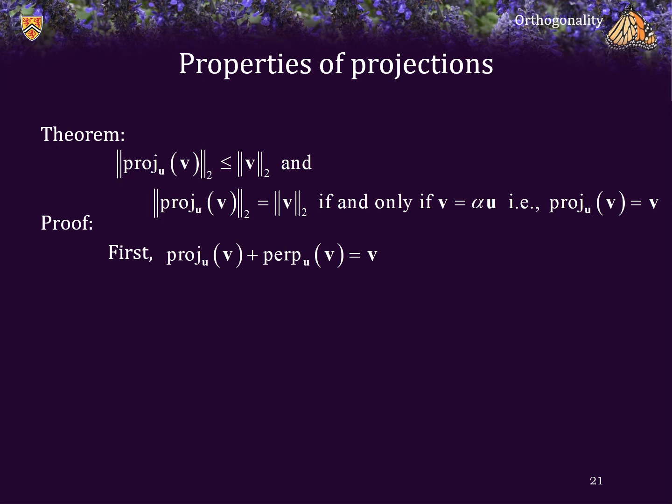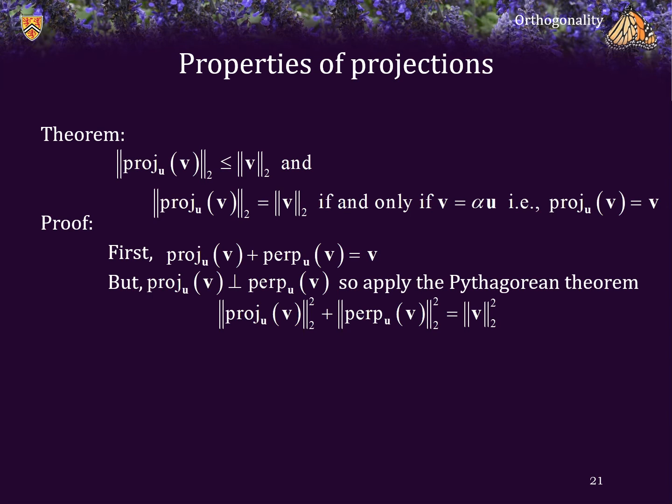Now, the projection and the perpendicular components are perpendicular to each other. And so that means we can apply the Pythagorean theorem. So the 2 norm squared of the projection plus the 2 norm squared of the perpendicular component must be equal to the 2 norm of v all squared. Now, all 3 of these terms are non-negative, so if a non-negative number is equal to the sum of 2 other non-negative numbers,